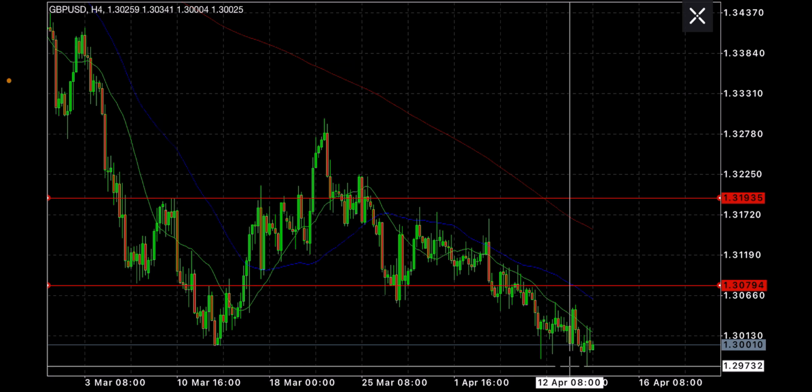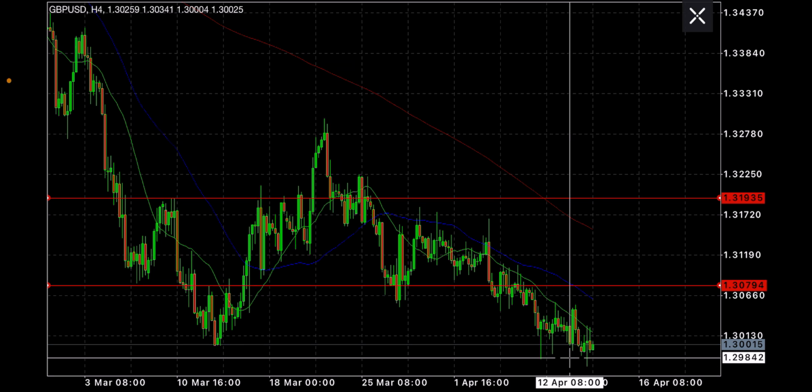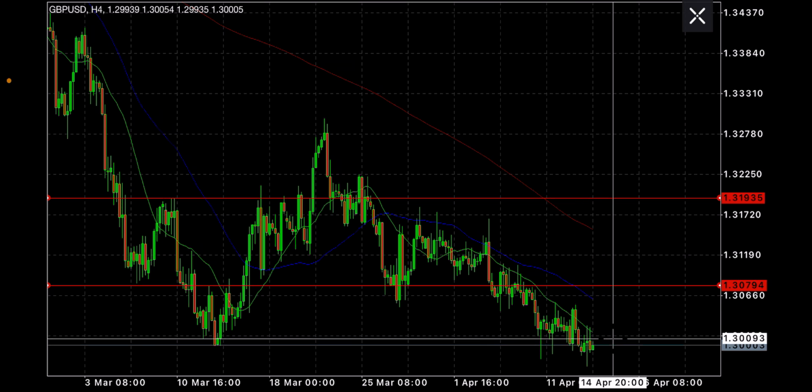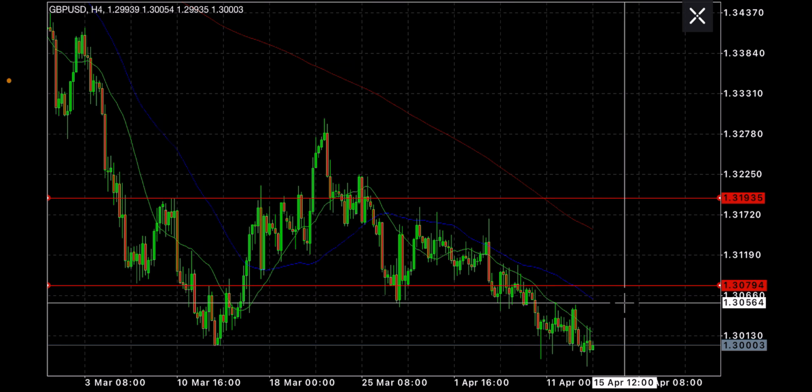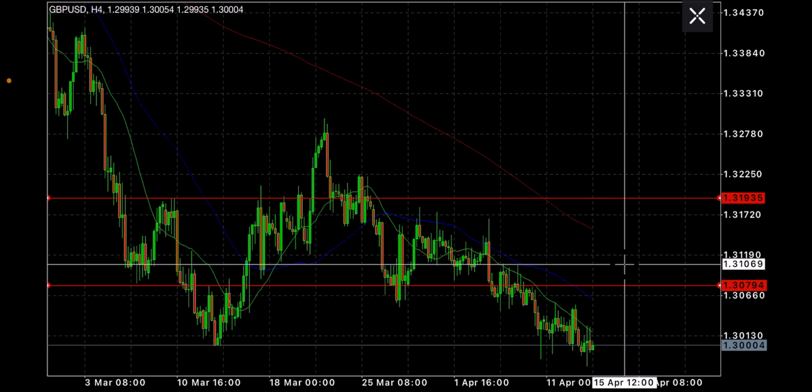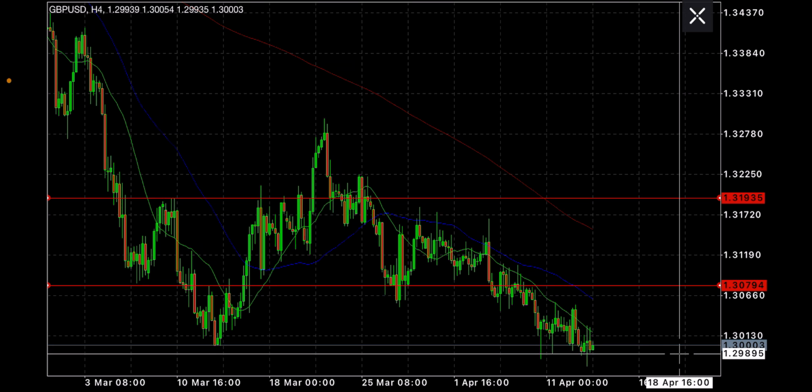Then we broke below it here. And like I said, this is basically due to reflection of the fundamentals. We have a weakening Great British Pound and a strengthening US dollar. Okay. So eventually we are going to see some retracement. How far can we retrace? We can retrace as far as here, here, here, or possibly even here before we continue to go towards the